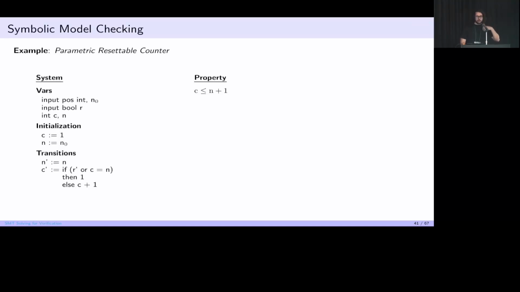So let's consider this example. It's a parametric resettable counter. What's going on here is very simple. You have these inputs that represent your state, so you have a positive and 0, you have a Boolean, and then you have a counter and a value for n. And then your transition is simply that the value of n is always the same. This prime here represents the next state. And then the new value of the counter, the value of the counter in the next state, is going to be determined by whether you have reached this n or you had this r set to